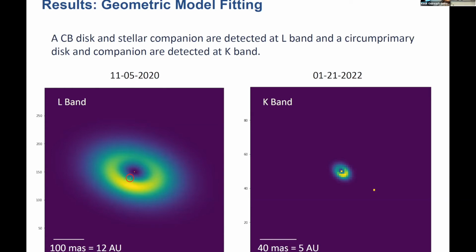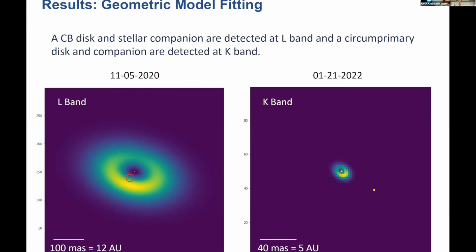One striking feature about the disk is that the skew of the disk is oriented along the position angle of the companion. This may be due to heating of the disk by the companion, and this is seen repeatedly in the literature. Now, focusing on the K-band data,